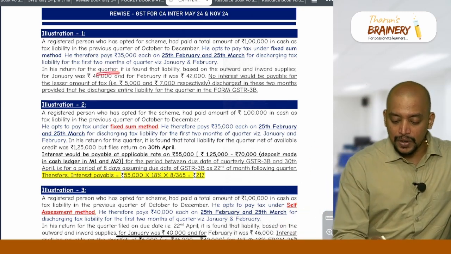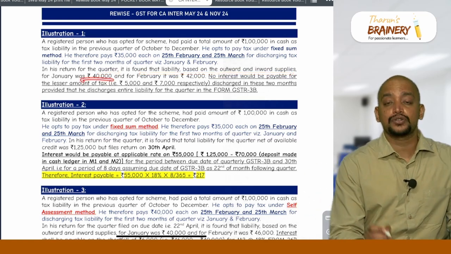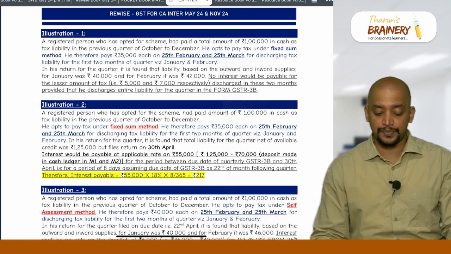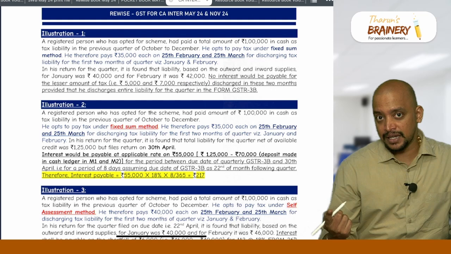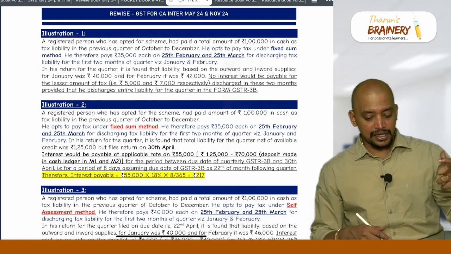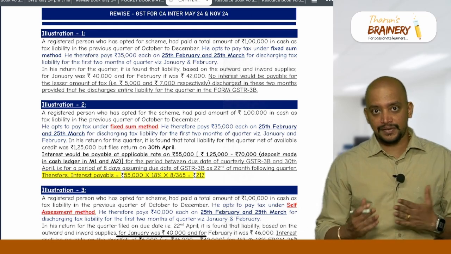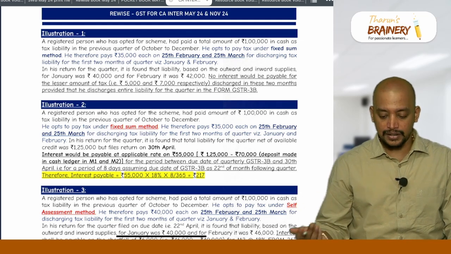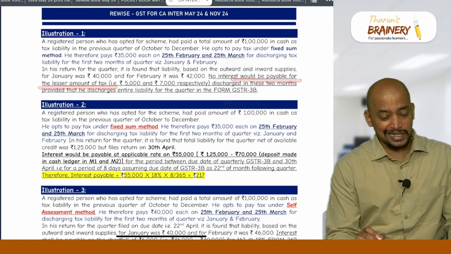In his return for the quarter, it is found that the liability based on outward and inward supplies for January was 40. So actual liability 40. How much he paid? 35. What is the difference amount? 5,000. And for February, actual 42. What is the FSM? 35 already paid. So difference 7. So this is 5,000 and 7,000. If you pay by the due date, no interest would be payable for the lesser amount of tax,